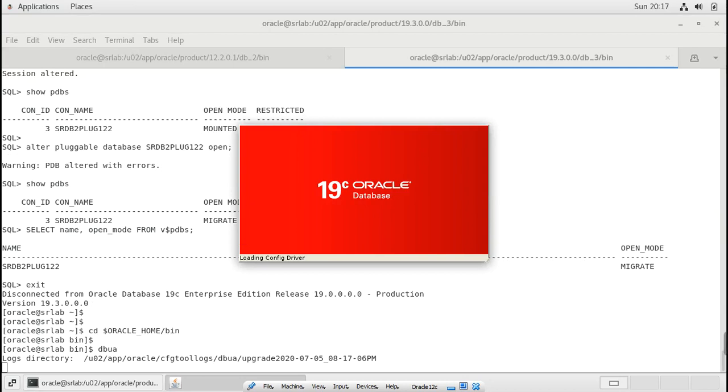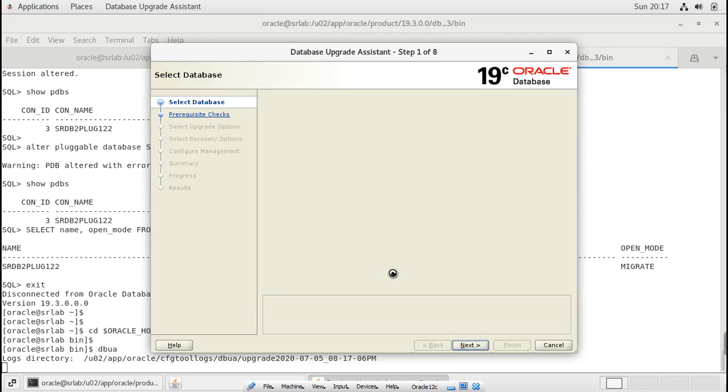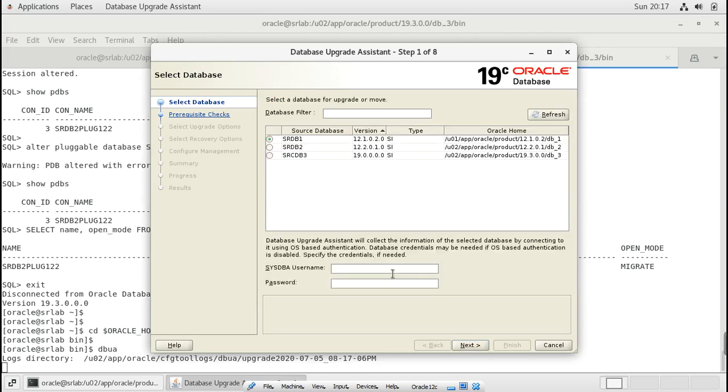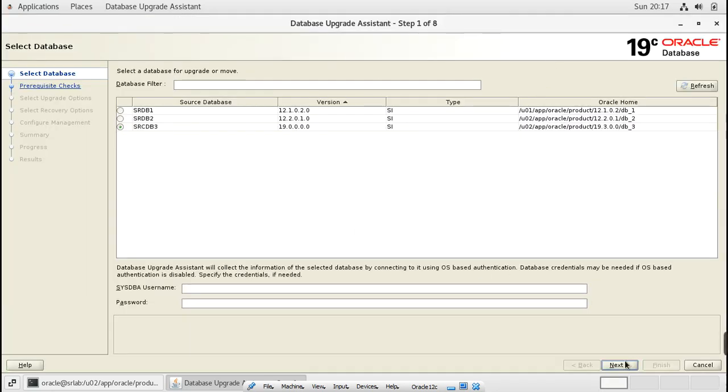The pluggable database we are going to upgrade to 19C. This is the container srcdb3. Click next.